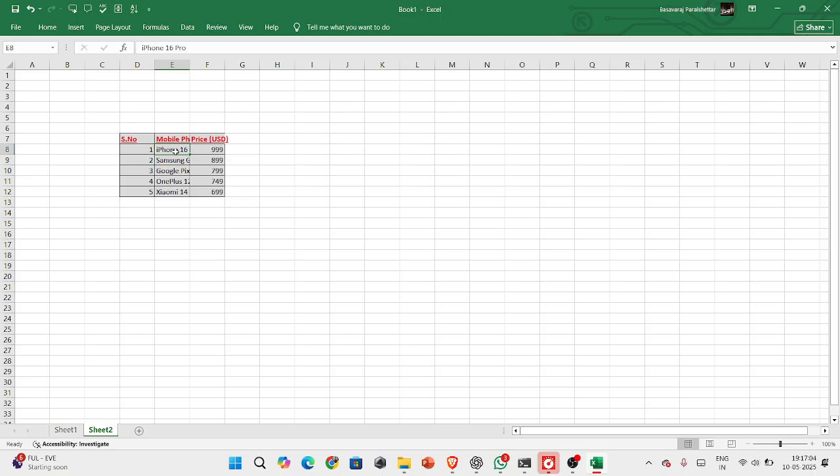Okay, so iPhone 16. But if you don't want to do it manually, as a shortcut, you can just double click on this cell and edit from there itself. Okay, but if you want to go back, if you don't want this data and you want to re-enter different data in the same format,